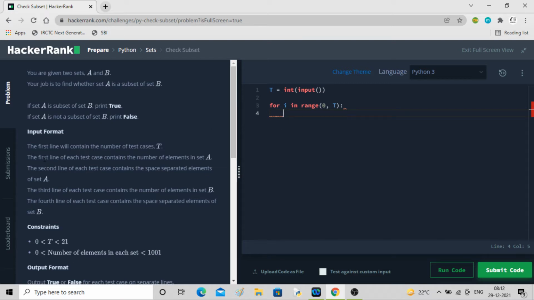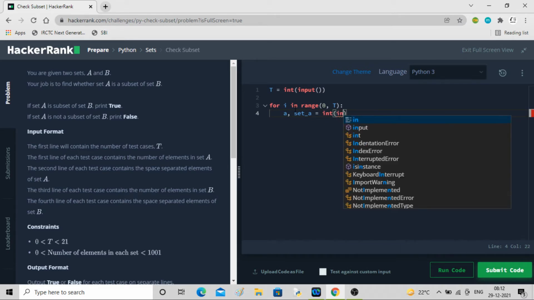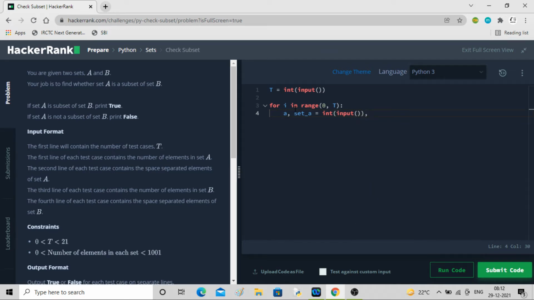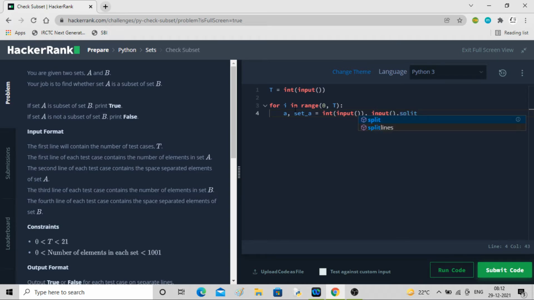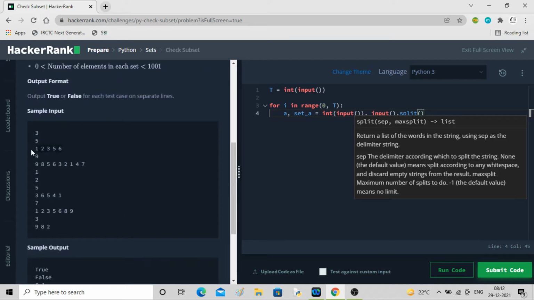So we have to take the number of elements and what the elements are. Let's do it. I'll take the input A and I'll call it set A. Int type input, that is what we have, then comma, input dot split. But we can see that these are integer numbers, space separated integer numbers.